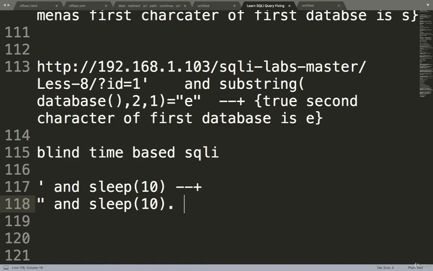If it sleeps for 10 seconds then I will know they are using double quote and they are vulnerable to time based SQLi. If I use the single quote closing and sleep 10 minus plus, and this sleeps, then I will know that they are using this and they are vulnerable to time based SQLi.